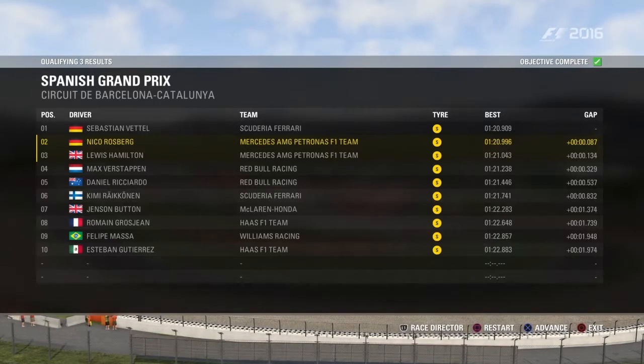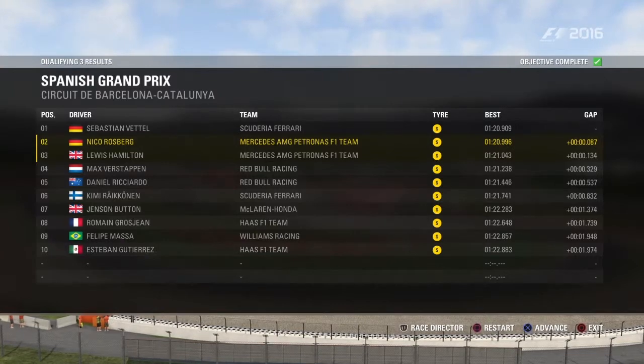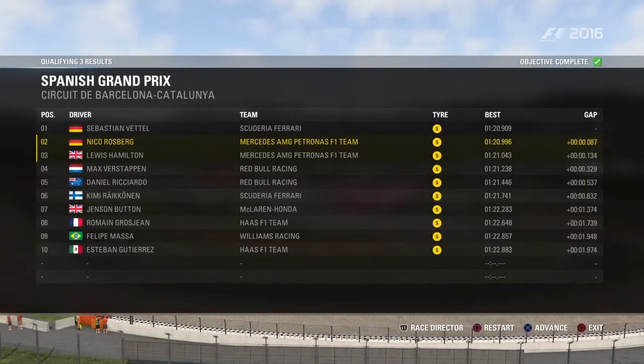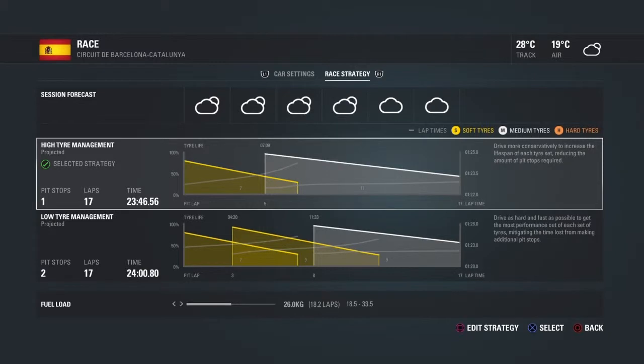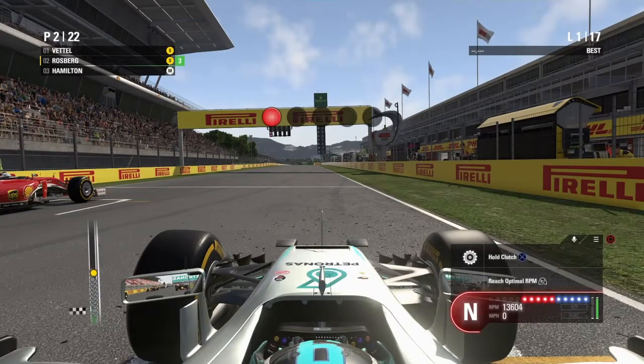Behind Vettel. So Vettel gets pole this time. I think this is his first pole position of the season. So very good stuff from Ferrari to get ahead of us today, as we're going to be pitting. I think at 5 we're supposed to be pitting, but it is going to be 5 red lights for